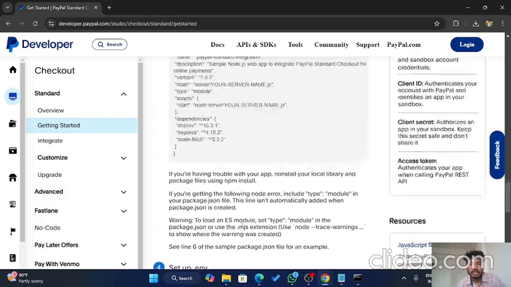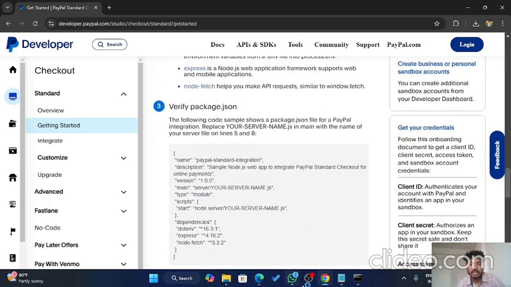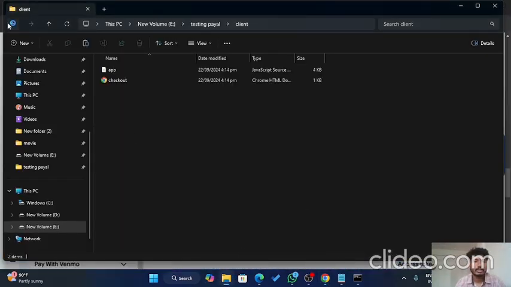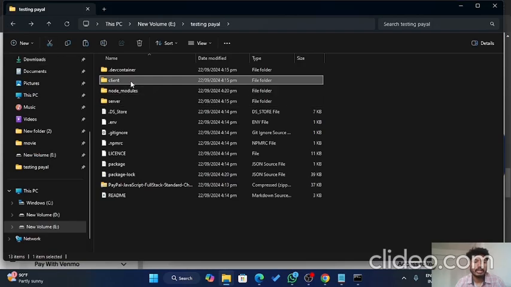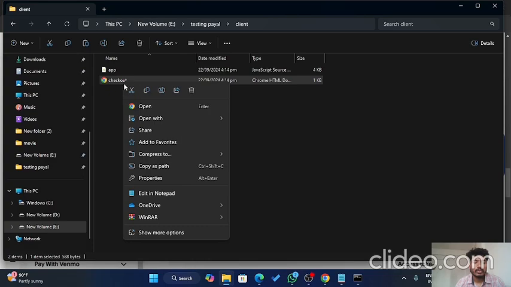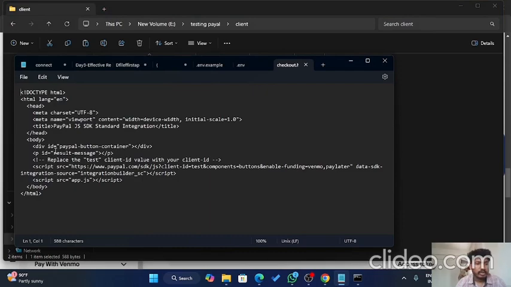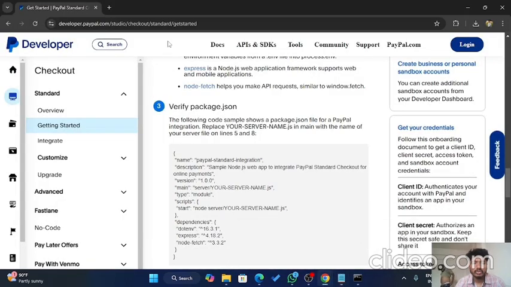We go to the HTML page. This is the client. Open it in Notepad. This is Notepad and this is the text. Here is our client ID. So going to